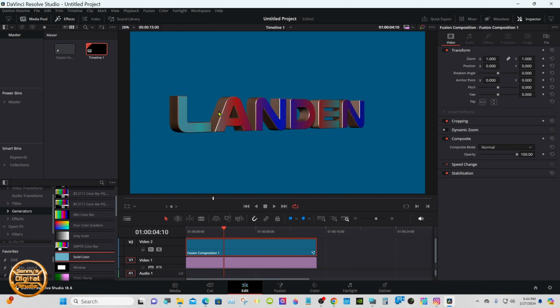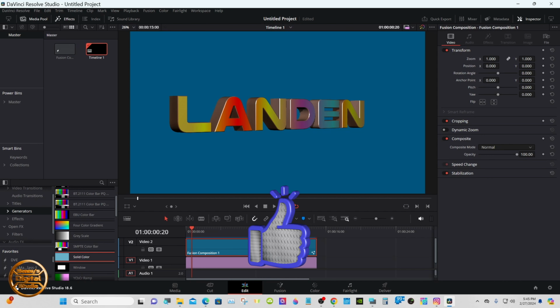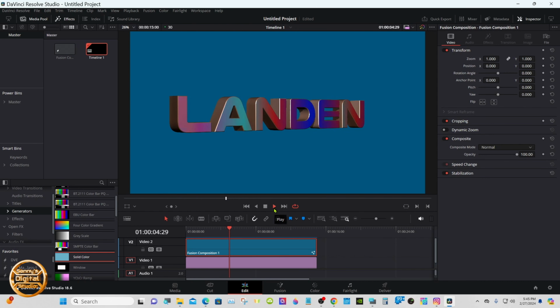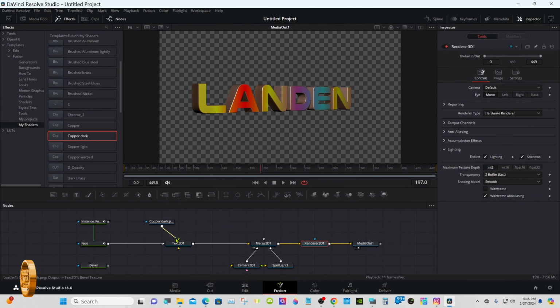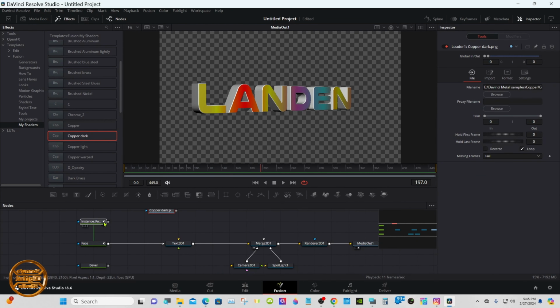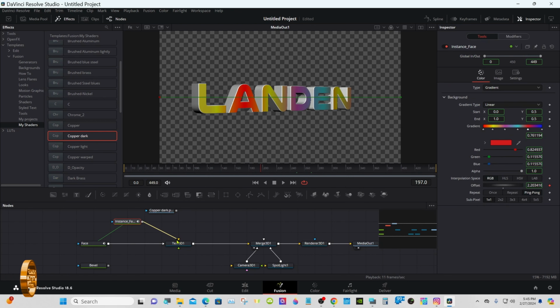As you see now, the bevel has copper, and only the face is animated with the colors. Now within these colors,